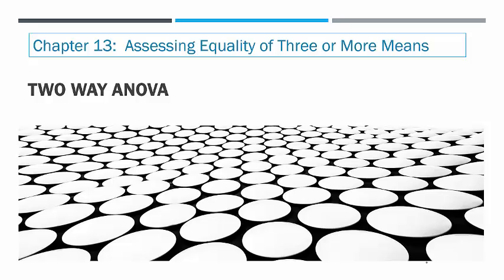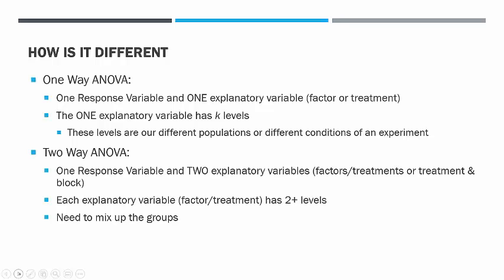Let's explore two-way ANOVA. Two-way ANOVA is another technique for assessing the equality of three or more means, but for a very specific situation that differs from the situation you've previously studied, known as one-way ANOVA. In sections 13.1 and 13.2 of your textbook, you studied what's referred to as one-way ANOVA, where you have one